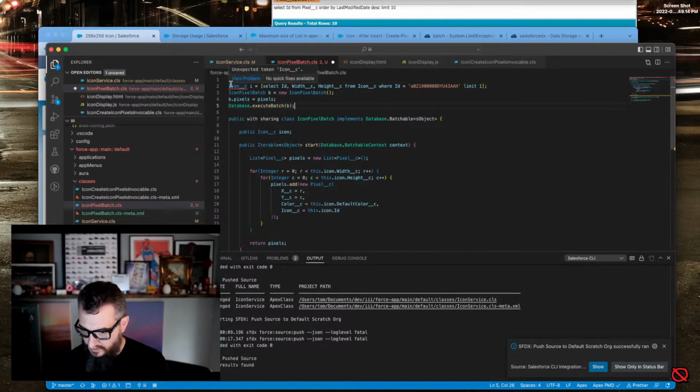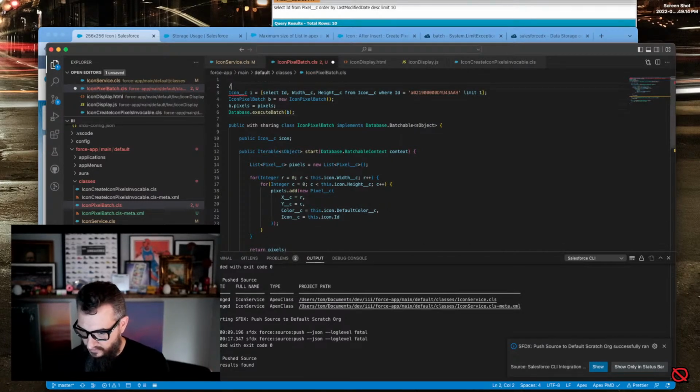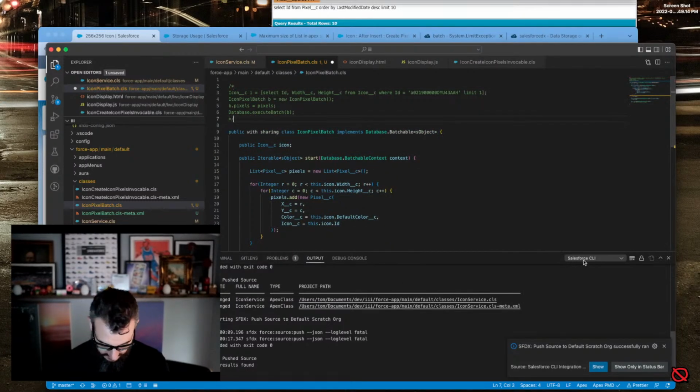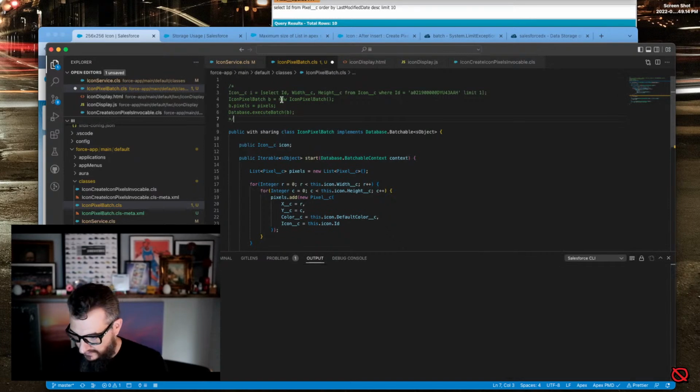Okay. I'm going to put this in comments and then I'll just highlight it when we execute it. All right. So now we're going to pass this an icon instead of a pixel array. Icon equals i, and then